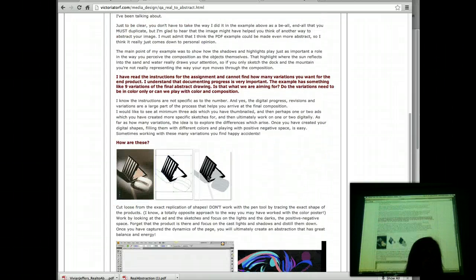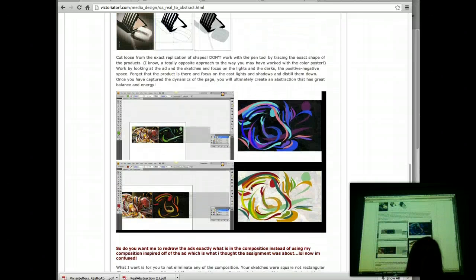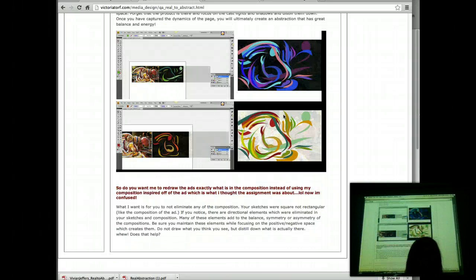Don't take the ad and trace it. Here's a beautiful example of what you can do with color and movement. You can look at this up close. It's a photograph of somebody doing a dance with this big billowing skirt. And again, obviously, you could trace it like the lemon thing and get the skirt stripes exactly where they are, but that didn't matter. What really mattered was the flow and the energy of the shapes that came out of the composition. And that's really what this is designed to help you start to grab and look at.